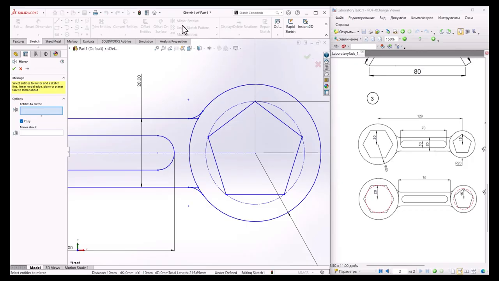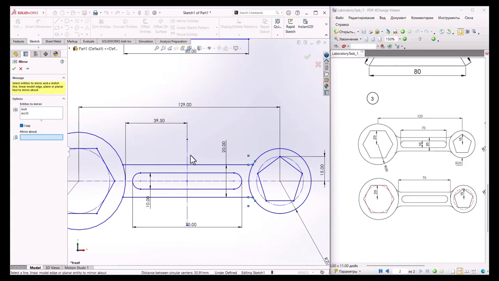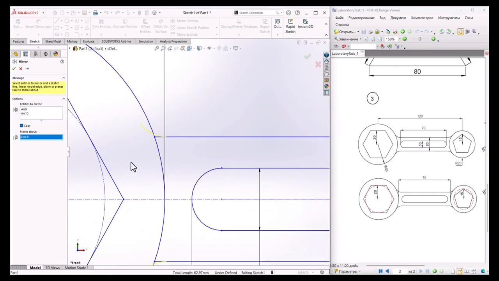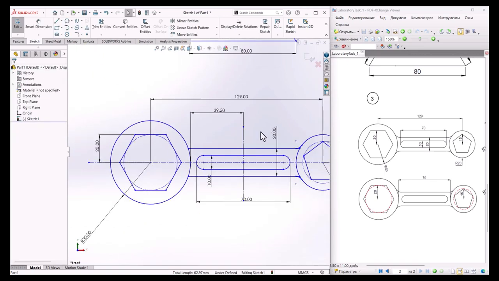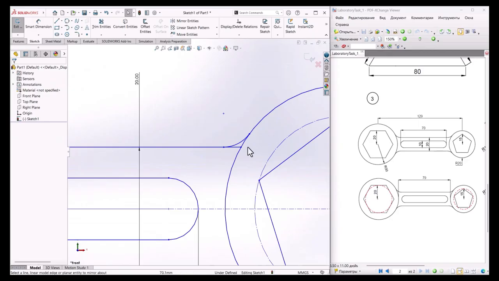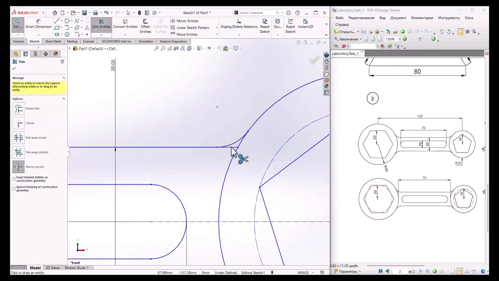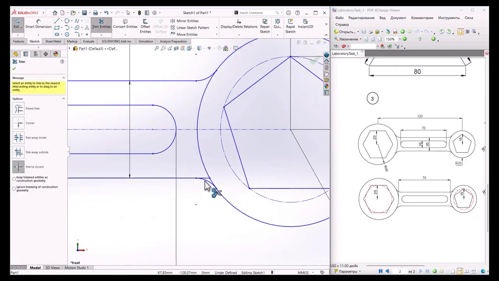Again mirror into this, so select this arc and that arc, mirror about the central line, vertical center. So yellow is wrongly chosen, so that's why you don't need to mirror it. So just trim that thing and that thing,